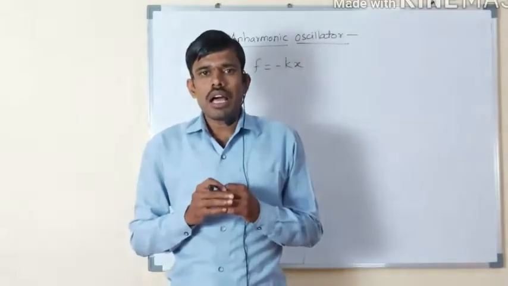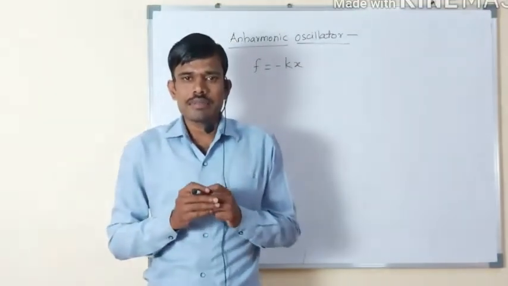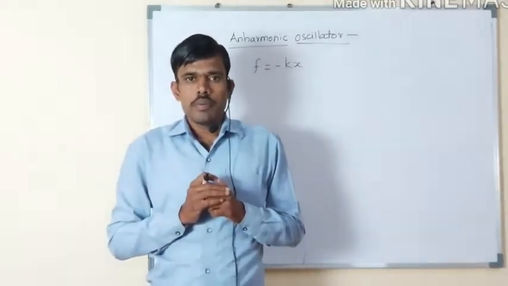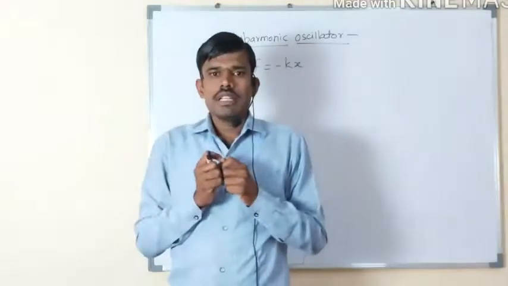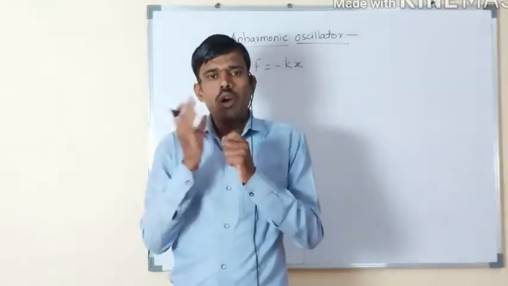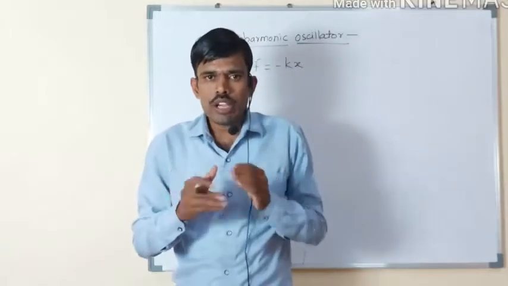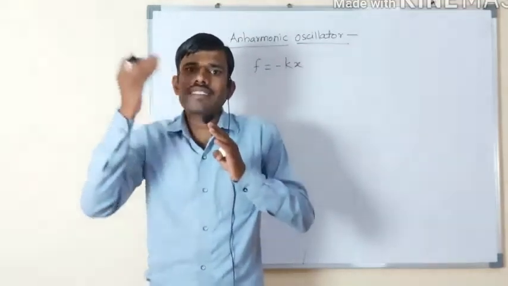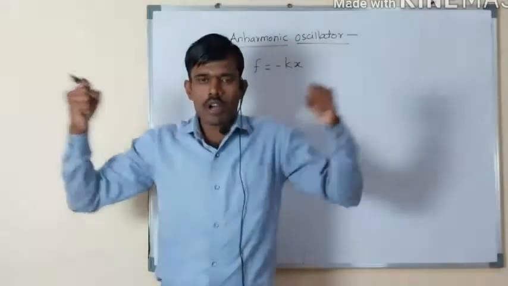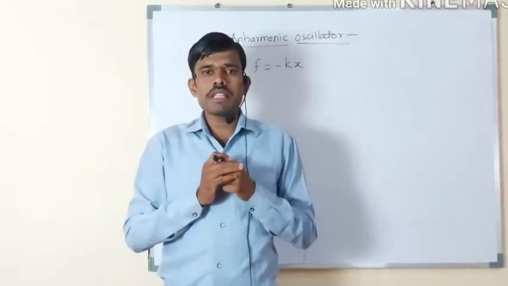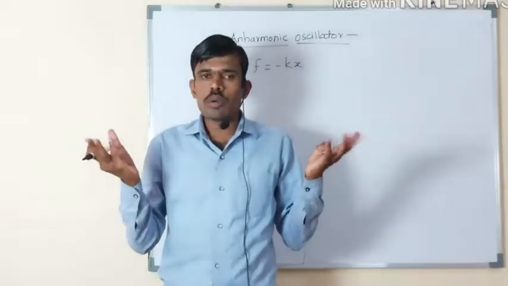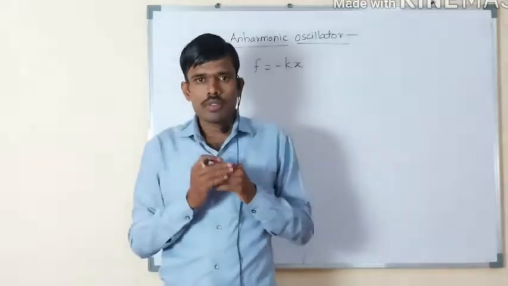In simple harmonic oscillator, we have considered that the bond between two atoms is elastic in nature, but the stretching of bond is possible only up to a certain limit. After that, the bond will break. If we use energy greater than the dissociation energy of the bond, then what happens? Due to the stretching of bond, the breakdown of bond takes place. So after breaking of bond, potential energy cannot increase on the side of stretching.